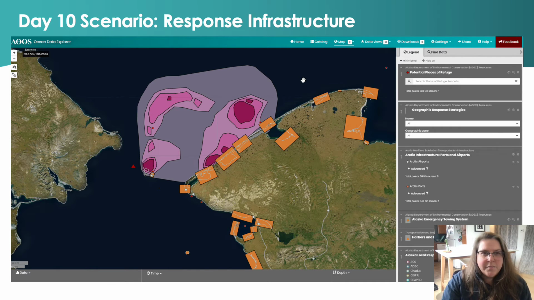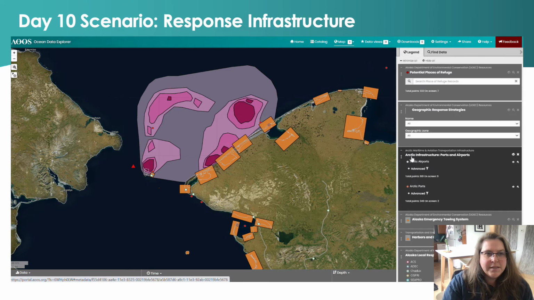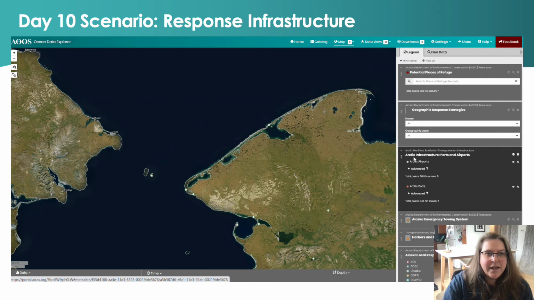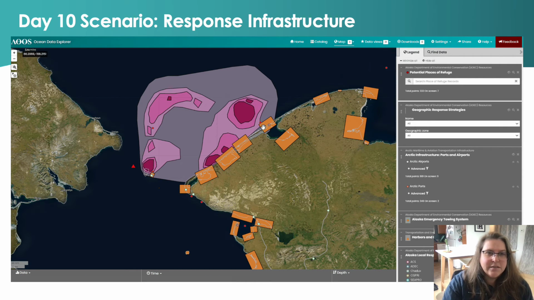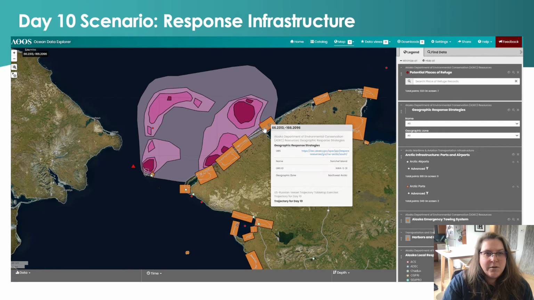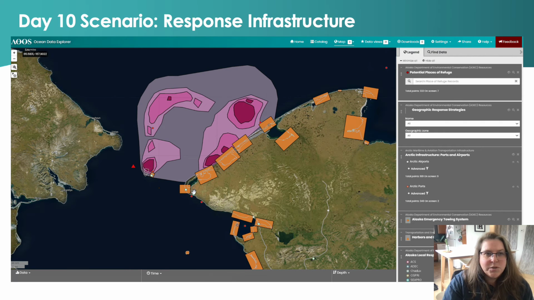Now we've added a number of other layers of information with infrastructure that would be useful to the responders. We have potential places of refuge, which are places that are previously identified that a disabled vessel could go to. We have geographic response strategies, which are developed by the Alaska Department of Environmental Conservation. And we can go and